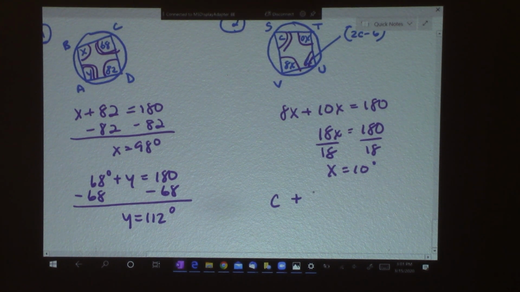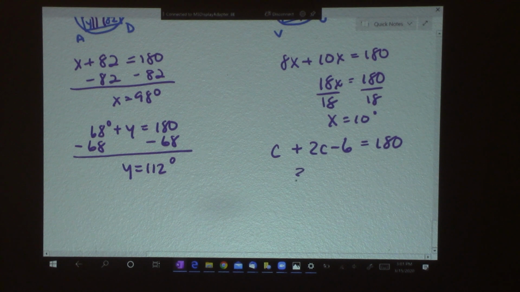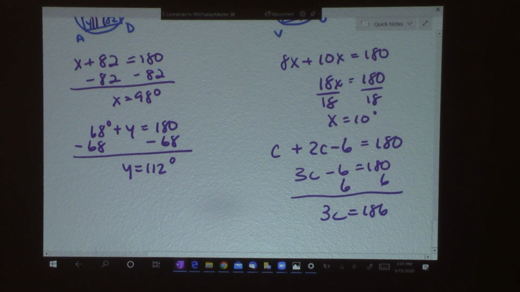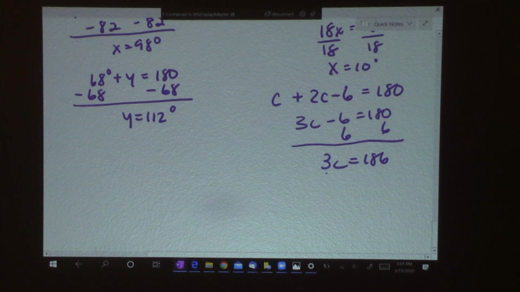C plus 2c minus 6 equals 180. Those are opposites. So let's combine 2 and 3, or 2 and 1. Add 6 to both sides. 3c equals 186. Divide by 3. And c is 62. Okay, that is the conclusion of our first lesson, and your homework for lesson